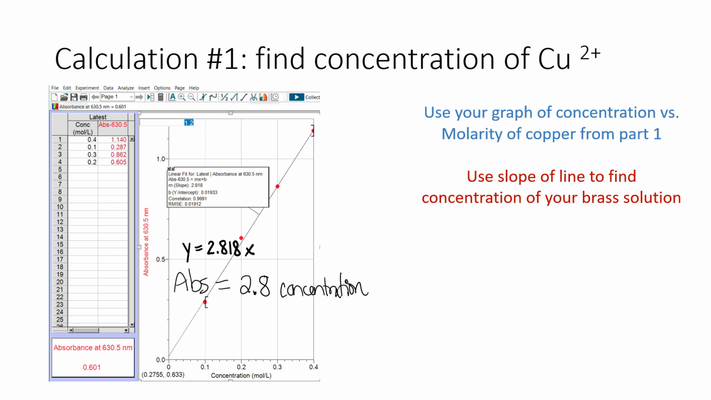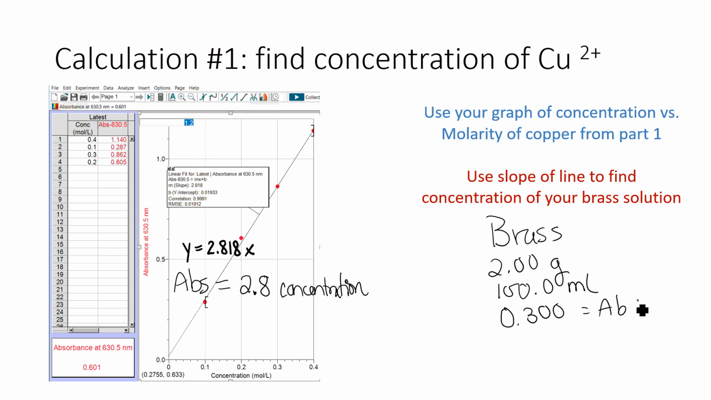And let's say that we took our brass measurements, and let's assume that we had a 2-gram sample of brass, and then when we dissolved it and diluted it to 100 mL volume, we measured the absorbance was 0.3. That's the absorbance. Absorbance is unitless, so there's no units to that number, it's just 0.3. So we know the absorbance, so now we should be able to figure out what the concentration is,